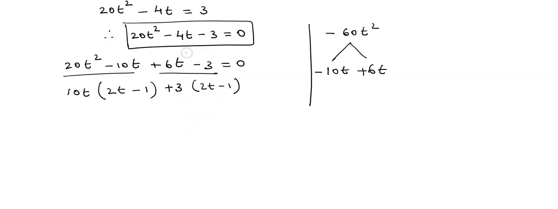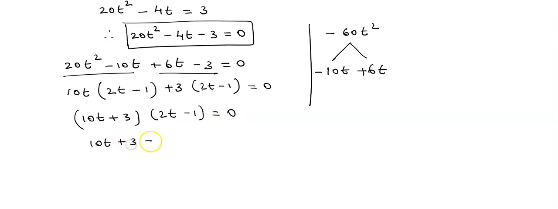So you multiply. Plus into plus plus, 3 2s are 6, t as it is. Plus into minus minus, 3 1s are 3 is equals to 0. That's what you have to multiply and check. Got it? Now what is outside? 10t plus 3 is outside. Inside is 2t minus 1 is equals to 0.